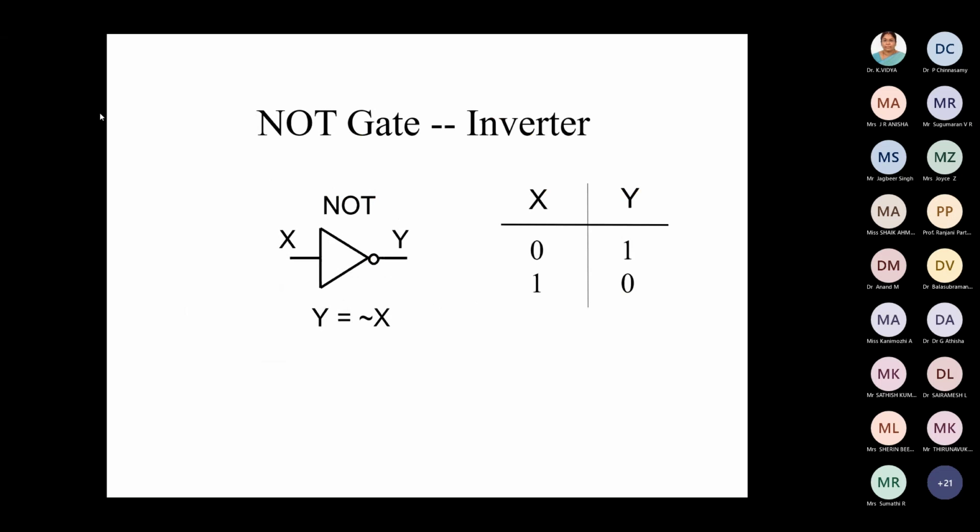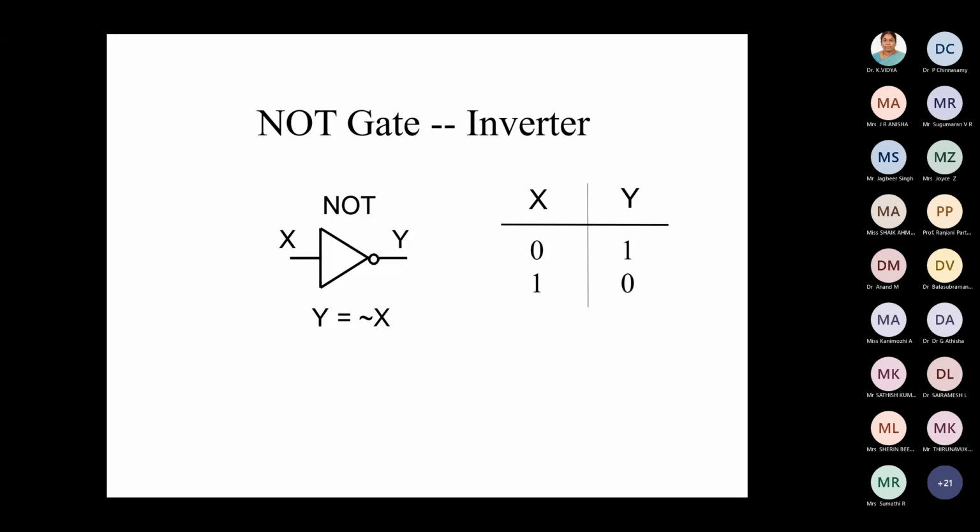Yes, sir. Perfect. So this is the basic NOT gate which you are all aware of in classical. Whenever we input some bit X to it, it will complement it. So if you supply input 0, then you will get output as 1. And if you supply input 1, then you will get 0 as an output.